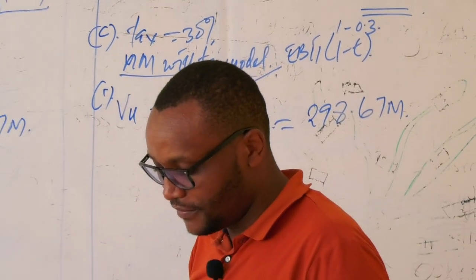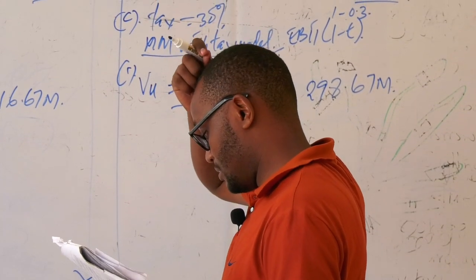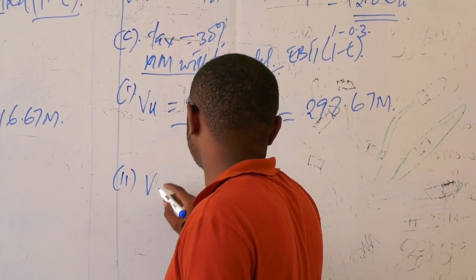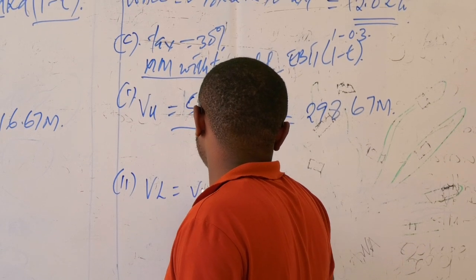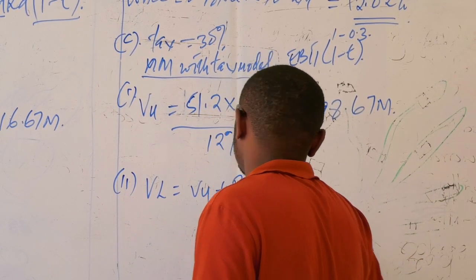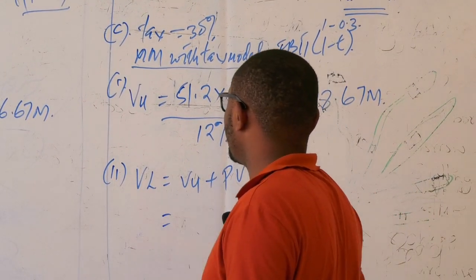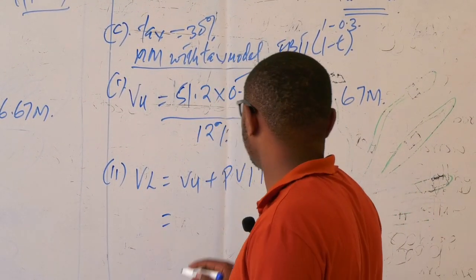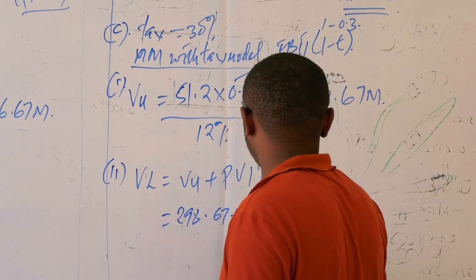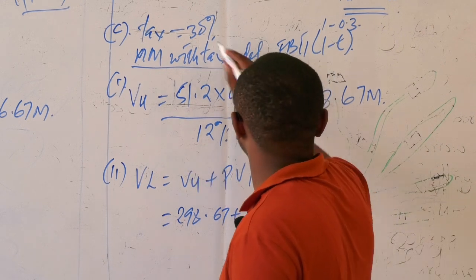The current value of the farm, if it uses a debt level of 7% and shillings 10 million. So the value of the levered farm is equal to the value of the unlevered farm plus the present value of the interest tax shield. I've told you this is what it means. This one has the debt model part of it. So you're going to talk about 298, what we've gotten here, 0.7, and the tax. We are being given tax here as 30%.